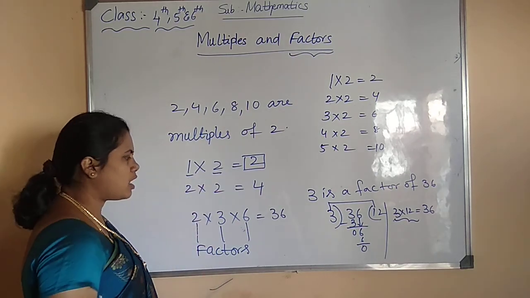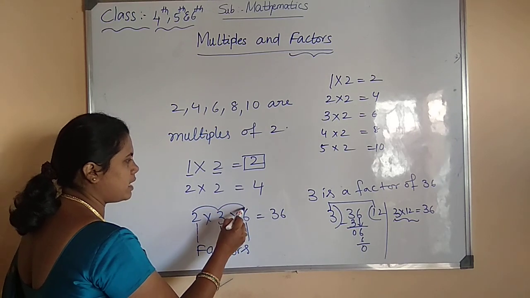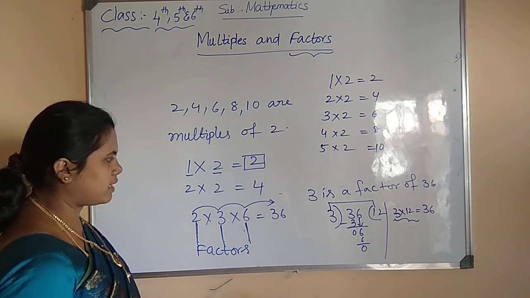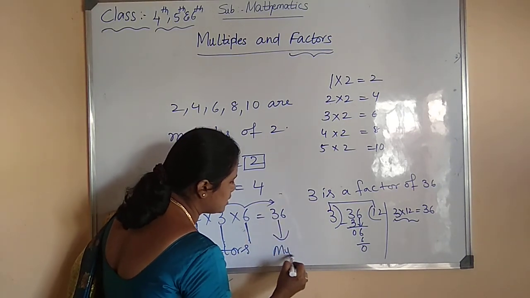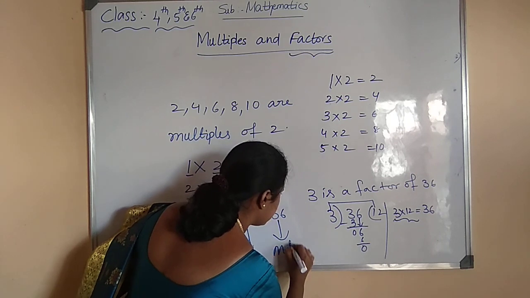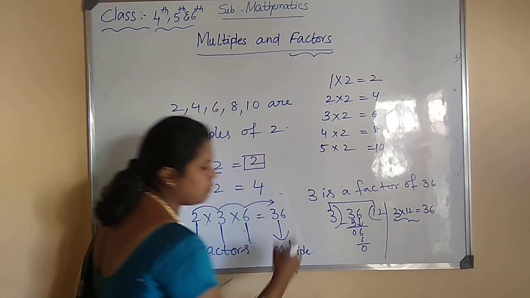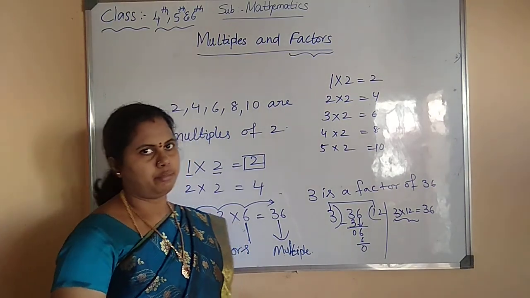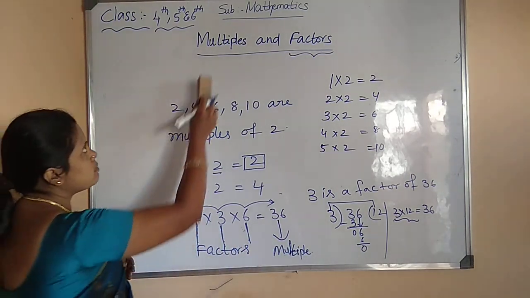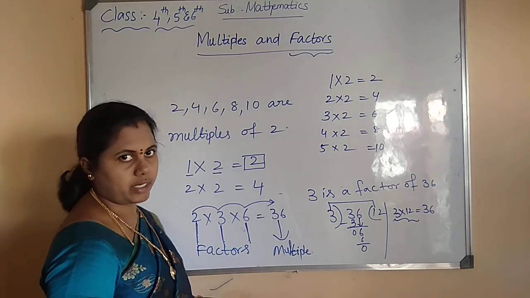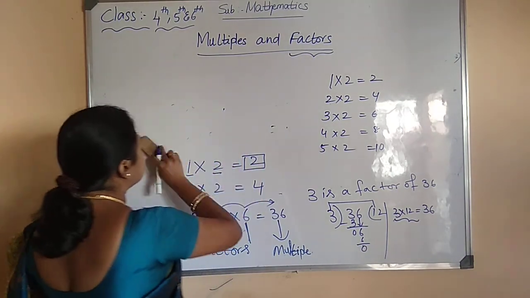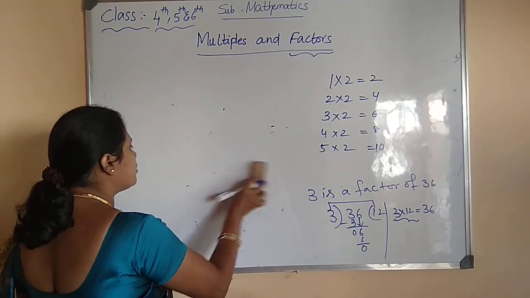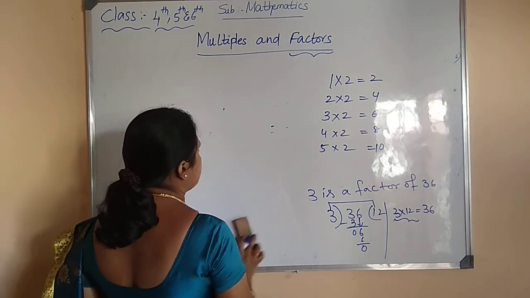These numbers, 2 or more numbers, if you multiply them and get a product, then we call these numbers factors. This is a multiple. Now I think you are clear about multiples, products and factors. This multiple is nothing but a product. And now on the basis of these multiples and factors, we can find out HCF and LCM.